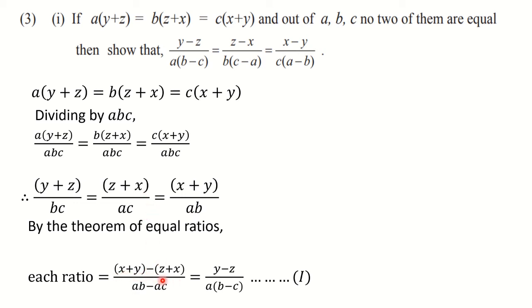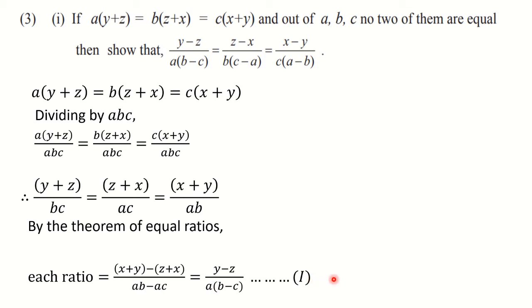Now you will observe that because of this minus sign, this plus x will become minus, and this plus x and this minus x will get cancelled, and we will get y minus z. And while writing this particular step, again take out a as common so that we can get the required denominator as we have in the question. So the first one we have got. Number this as 1.